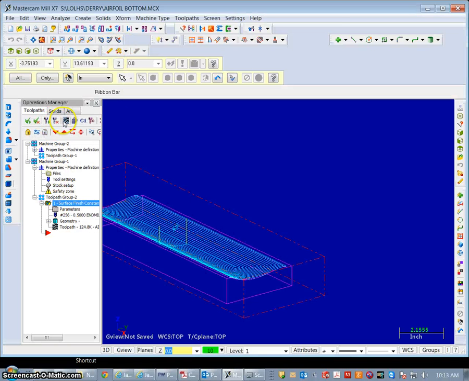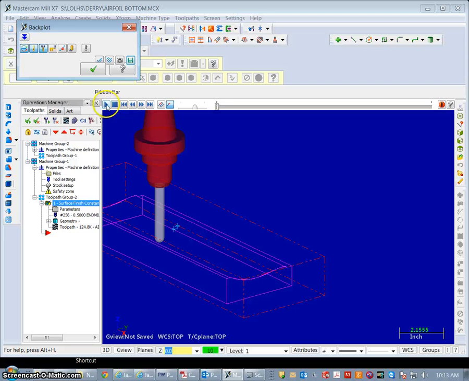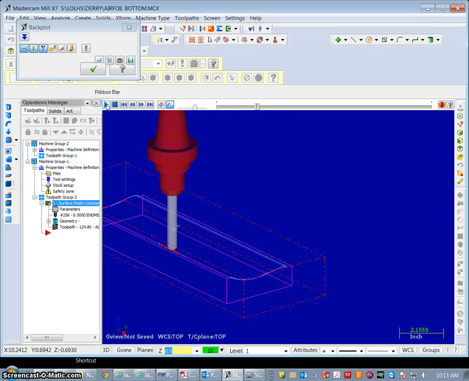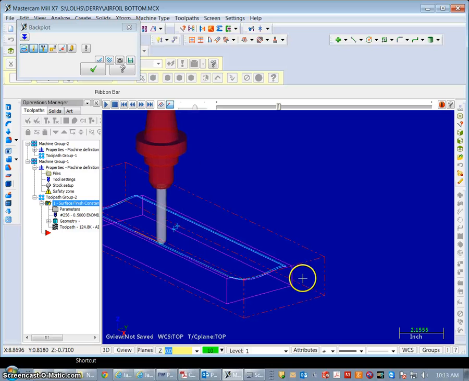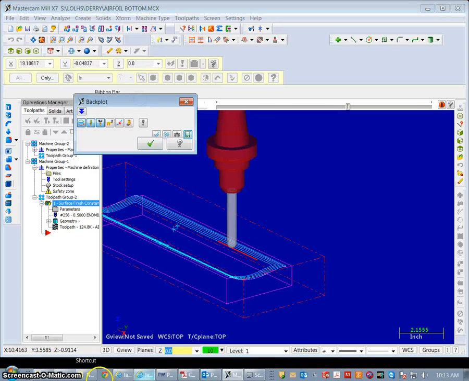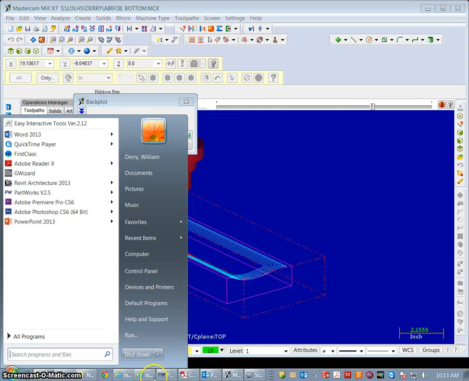I may try one more change, but it is staying inside my bounding box, which is what I wanted to see. Okay, I'm going to end this